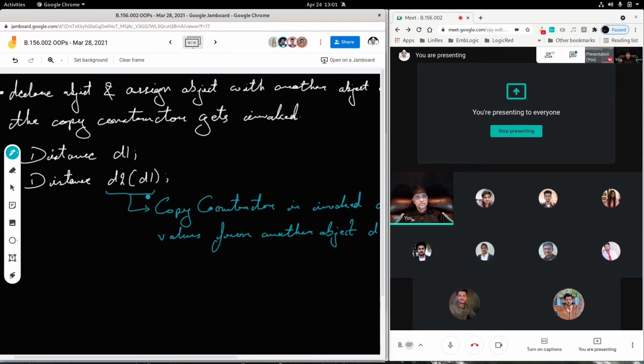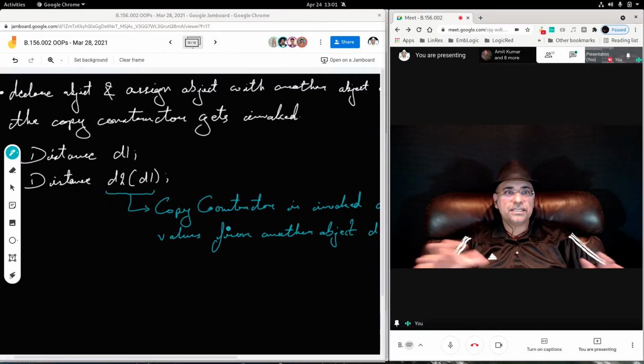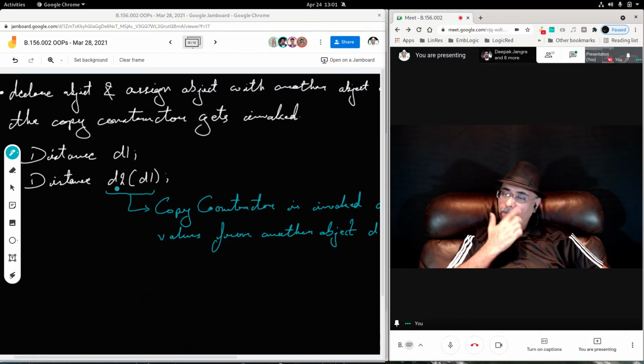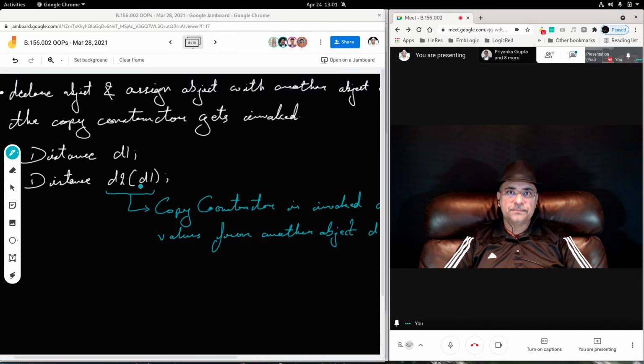Let me tell you, there are two types of copy constructors. One is the copy constructor, another is the default copy constructor. Now what is this default copy constructor? Suppose you are declaring object d2 and passing d1 as argument, but you don't write your own copy constructor.